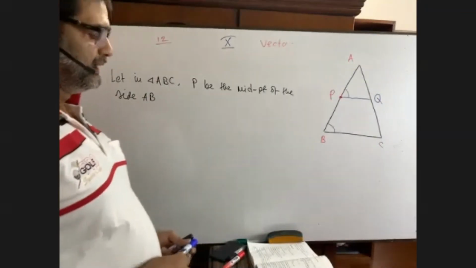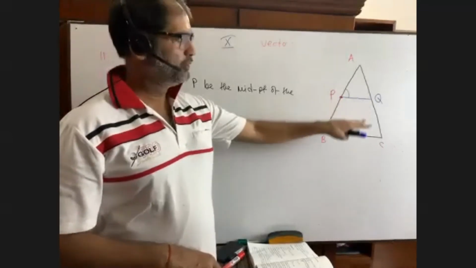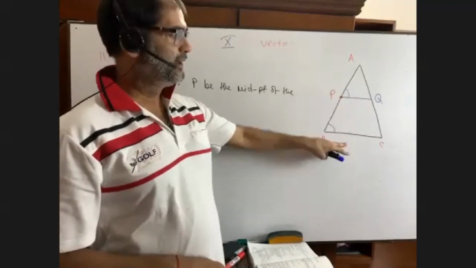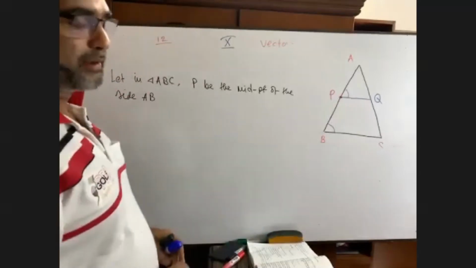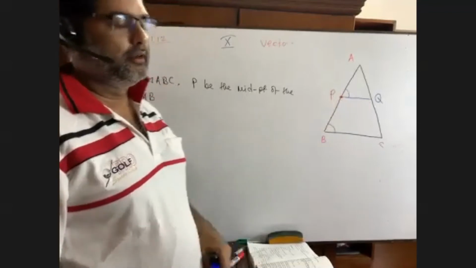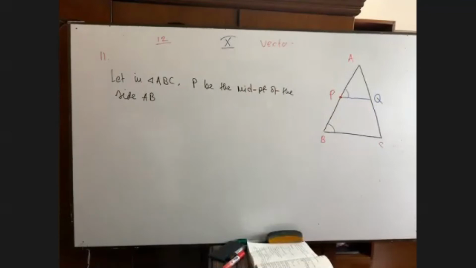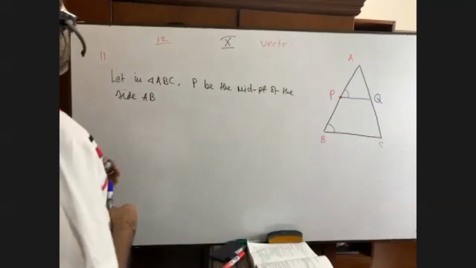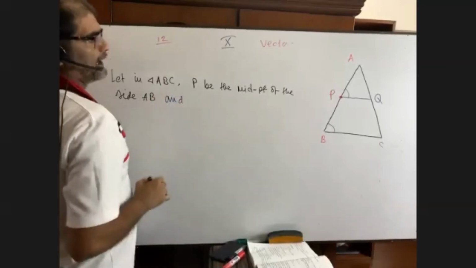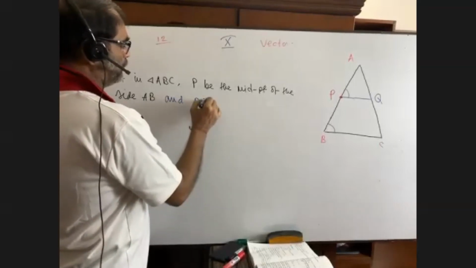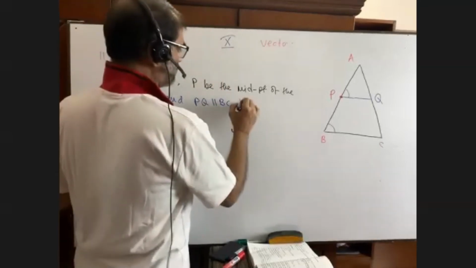Okay, I repeat, P is the midpoint of AB. PQ, a straight line parallel to BC, is to be drawn. I have drawn PQ, which is parallel to BC. They are parallel because their corresponding angles are equal. Okay, so they are parallel. You will take the scale and you can do it. You write down what I am going to write down and pay attention. PQ parallel BC be drawn.